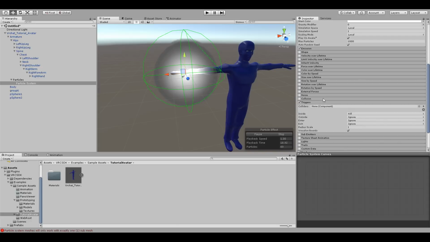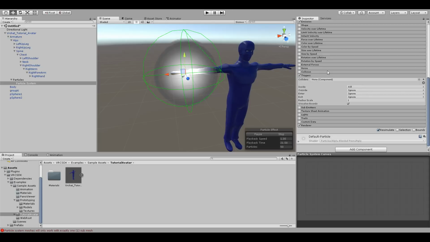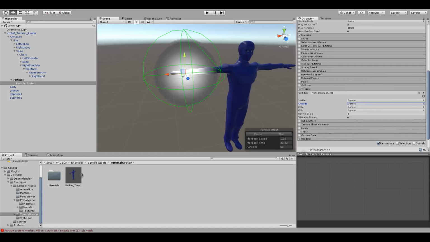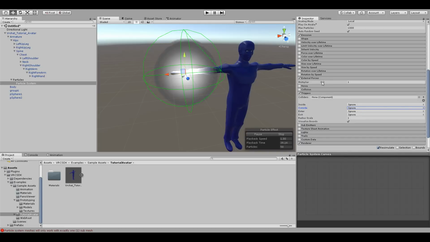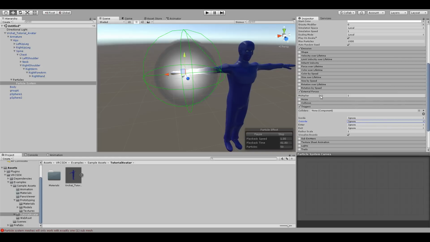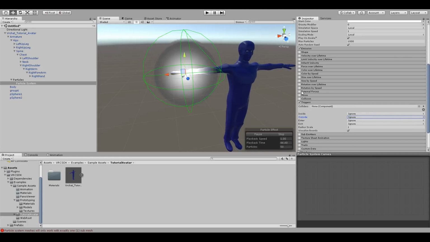I know there's a lot of modules here that I've kind of just not noticed. I looked at them once and noticed, oh, it's for script code. I don't do that. VRChat doesn't allow that, so I'm just going to ignore it. But there's a lot of cool stuff in here. I'm not sure what external forces does, but if anybody knows... I would assume that's for scripting, but I don't know. So if anybody knows if you can do wind or stuff with that, I don't know. Anyway, now, if you notice the huge radius scales, we're going to set this down